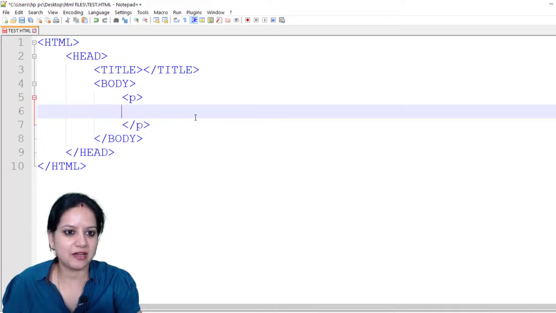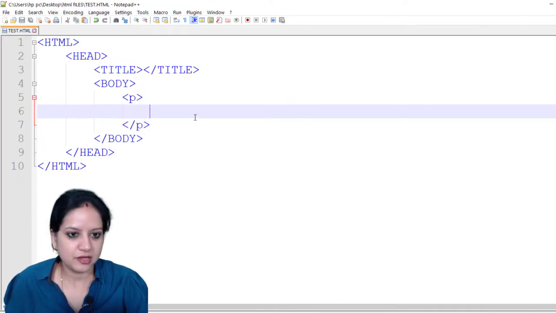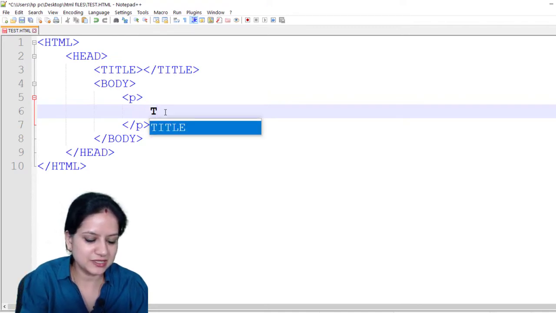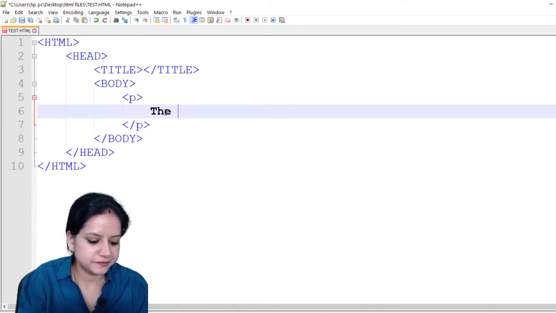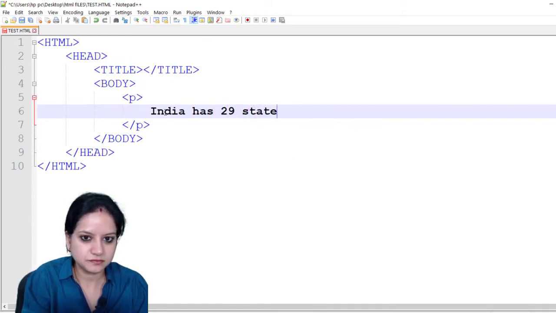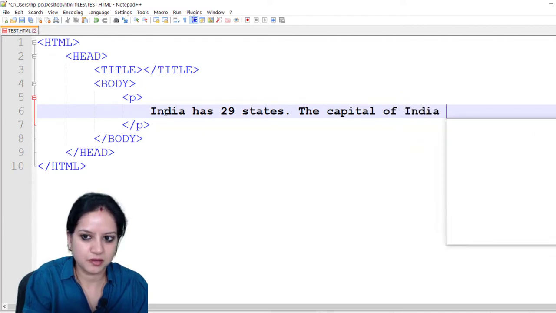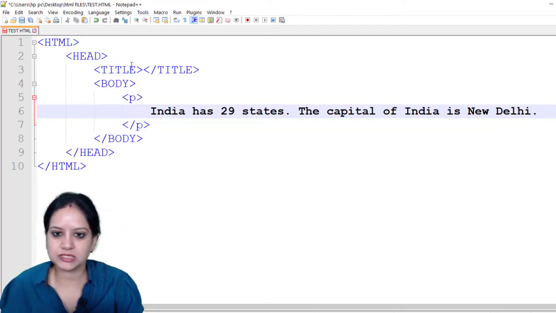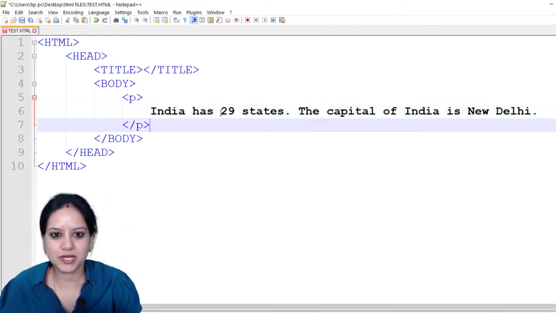Let's say I have a website for the geography information that I share with my end users. Inside this paragraph tag, let's say I'm writing down some text. Now, let's say what I want to do is, because I want the end user to look at this word